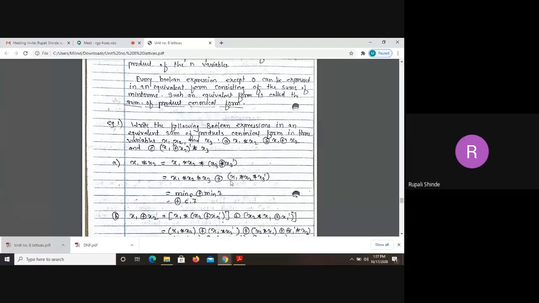And these two are minterms. That's why it is m6 XOR m7, because m is for minterm. Now we can represent the last answer as XOR of 6, 7. And every time we have to keep in mind that this sequence must be in ascending order. You can't write XOR 7, 6. That is not correct. So here you have to arrange these numbers in ascending order as XOR 6, 7. So this is the correct answer for the given question.